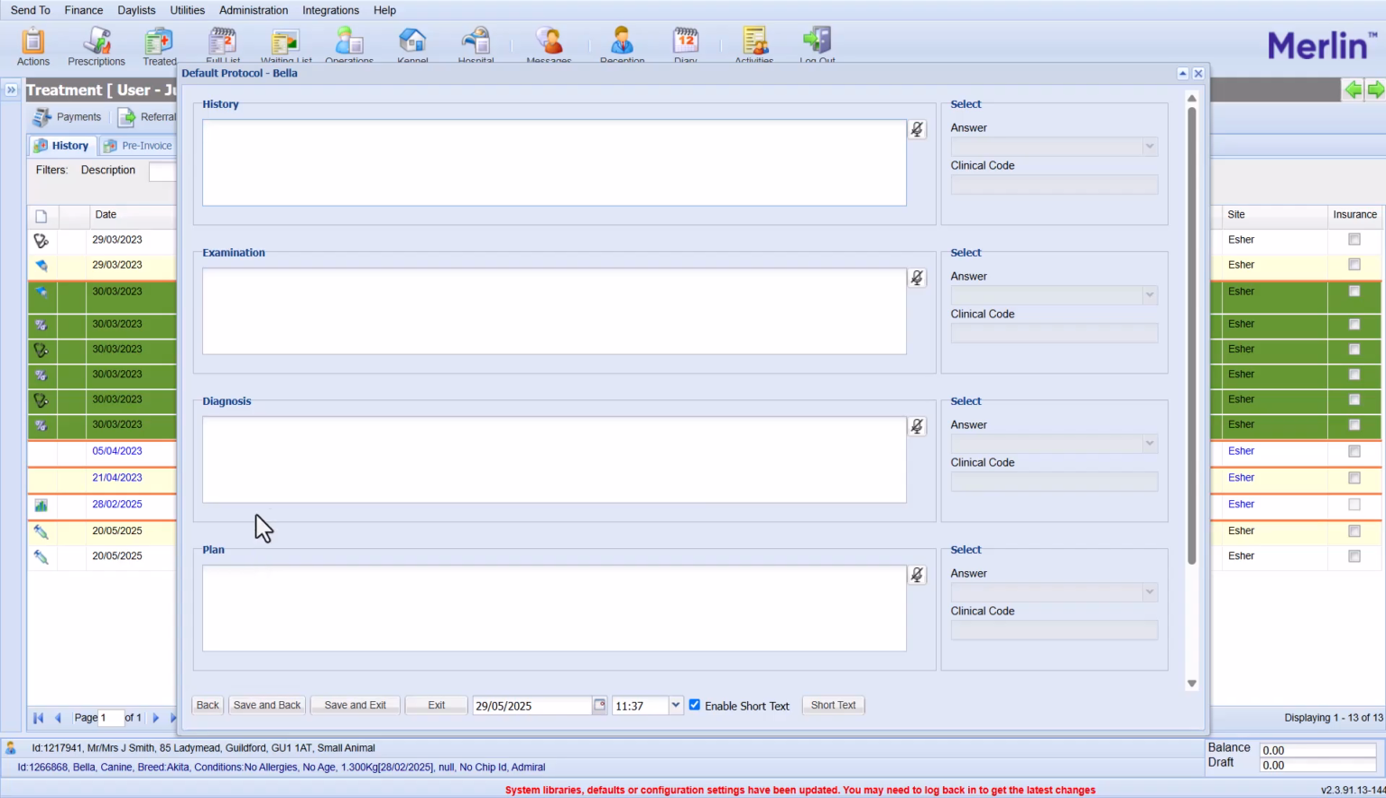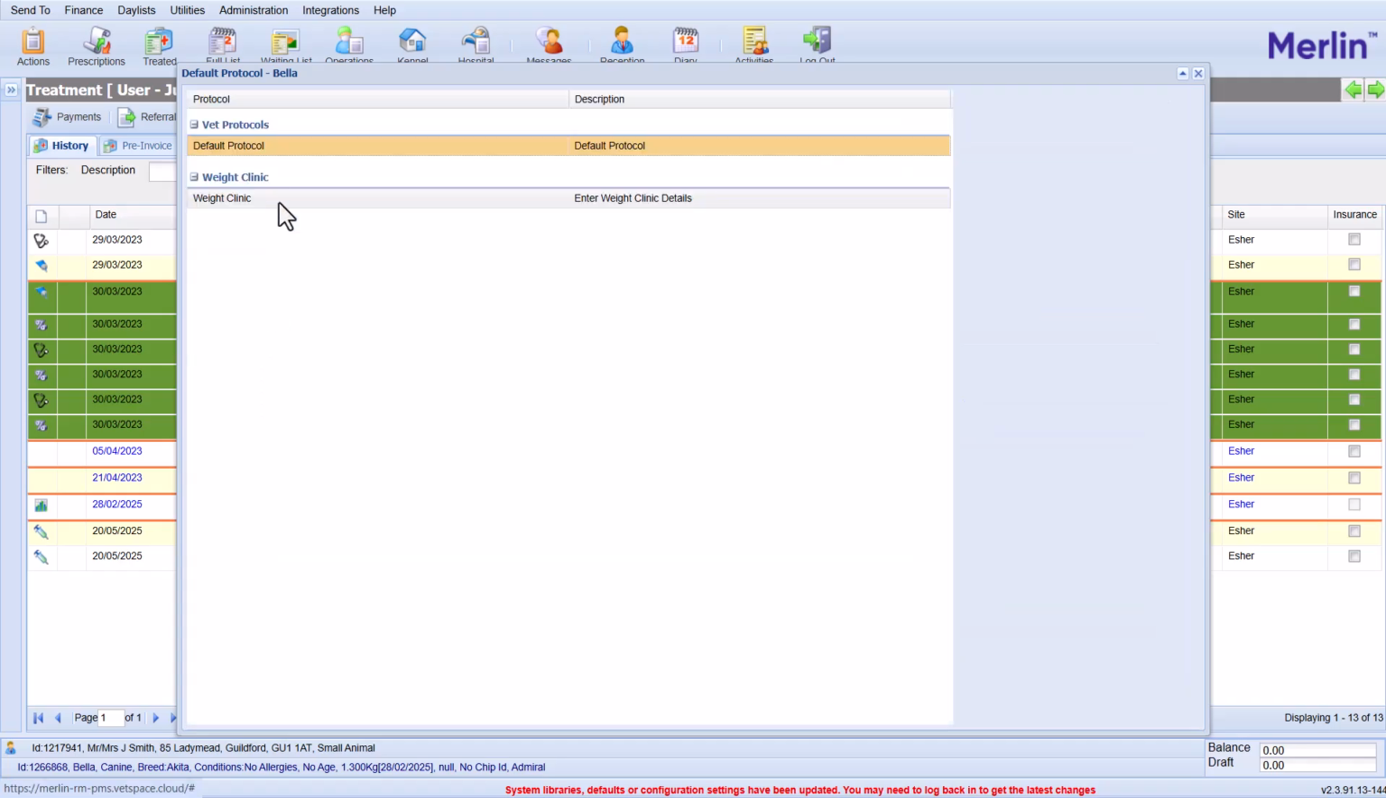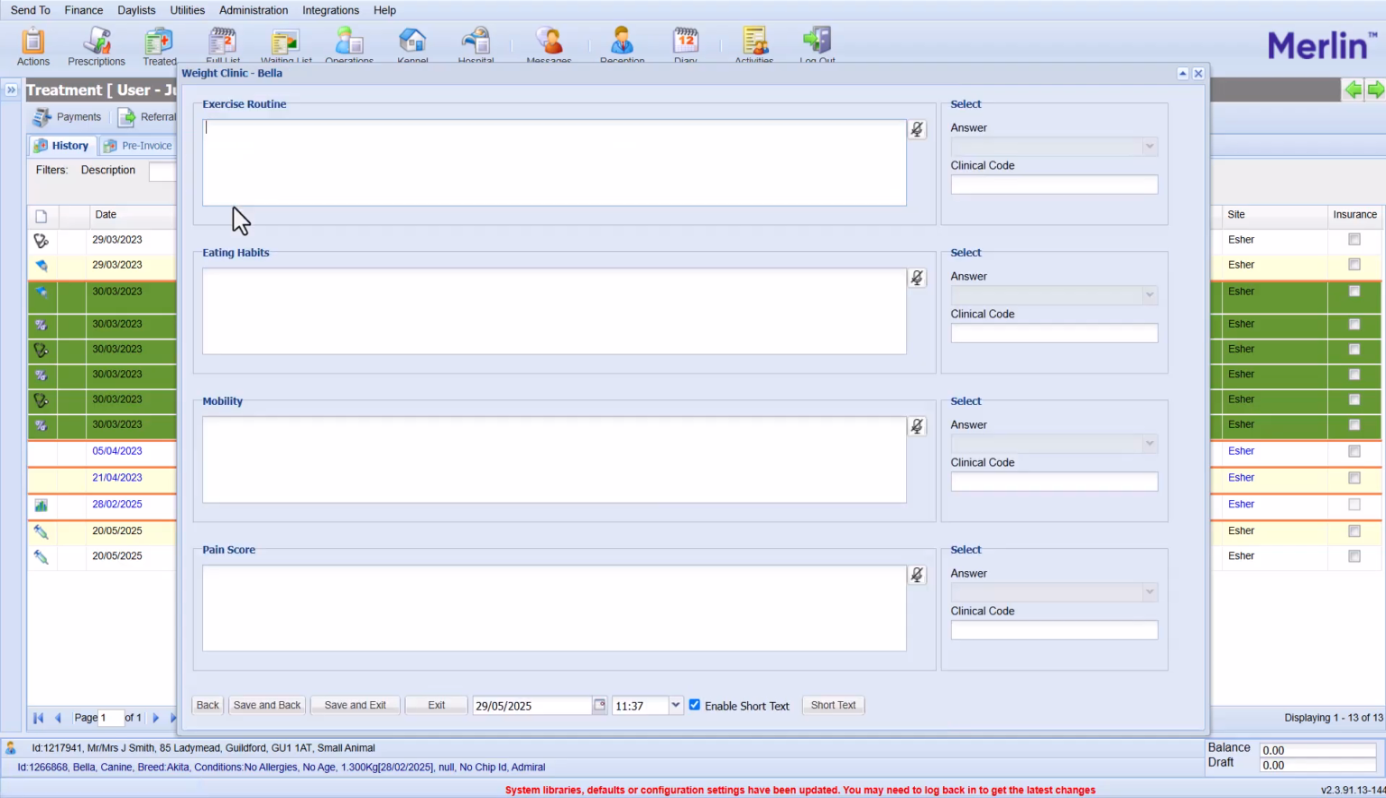For example, a nurse-led weight clinic could include a protocol name of weight clinic with headings such as exercise routine, eating habits, mobility, and pain score. These headings prompt focused discussions with the client, ensuring that the consult covers all relevant areas so critical details are not missed. It also ensures consistency across the team, so every team member documents these consults in the same way,